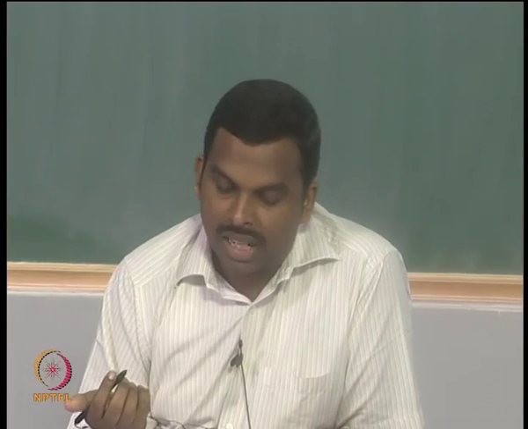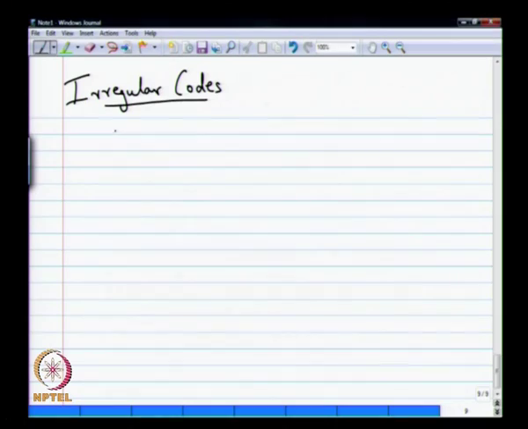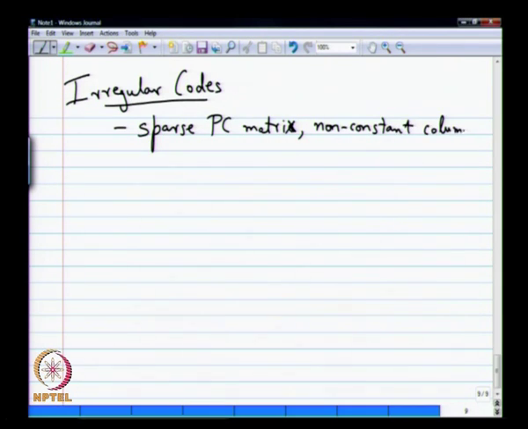So, what are irregular LDPC codes? What are irregular LDPC codes? Sparse parity check matrix, okay. So, that holds always, but then what? Yeah, the number of column and row weights is not constant, okay. Column and row weight, okay. So, but having said that,